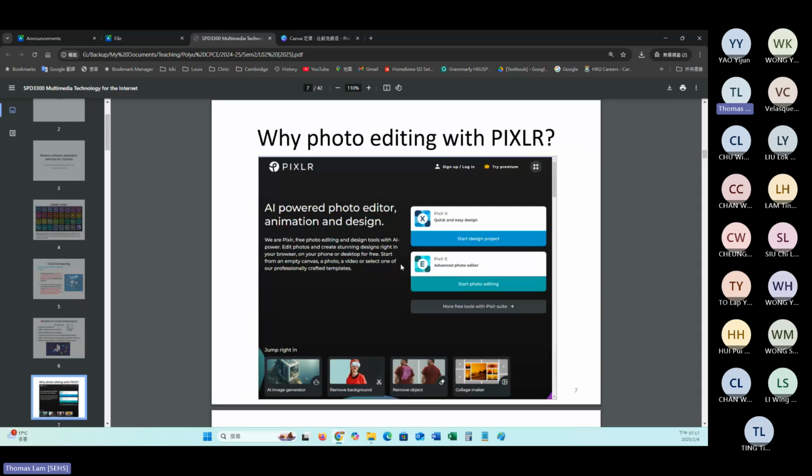There are two versions. I don't know which version you are using. We have Pixlr X and Pixlr E. The X version is really simple and straightforward, with fewer options, and you can use it without too much image editing knowledge.